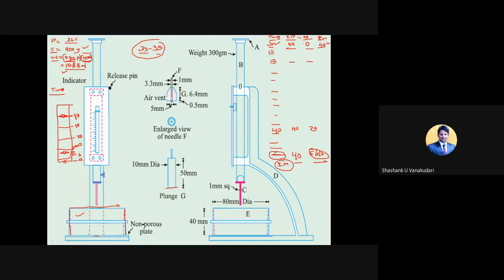So like that, for every 5 minutes time interval, you go on taking the readings. For 10 minutes, what will be the reading? 15 minutes, what will be the reading? So like that, at one time period, you will get results like 5, 6, 7, so that the penetration value will be 33 to 35 mm. That time you need to stop the procedure and do the final calculation. So at what time you will get these results? That time is your initial setting time. Yeah, the procedure is clear. Everyone understood?